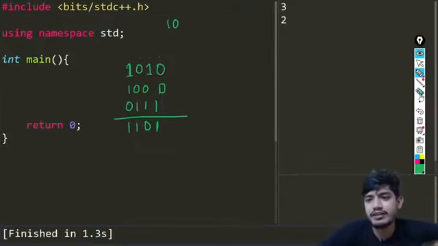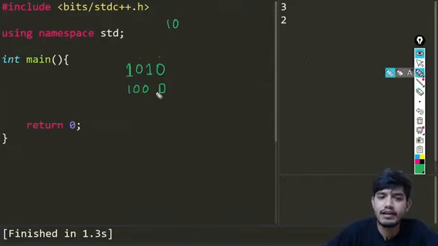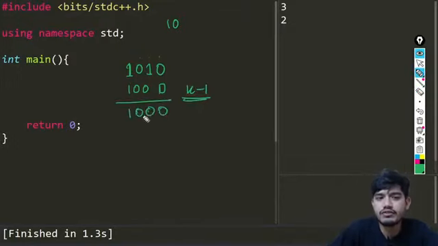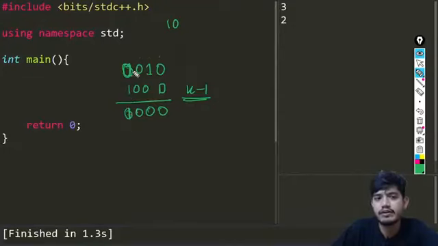So the easy approach is nothing but the same thing, don't get confused too much. Just take the value, left shift up to k minus 1, and just take the AND operation. You'll be getting all the values to be 0, and if you are getting non-zero values, which means that the bit is set. If you take another example like this one, yes, Vijay is telling AND operator we can use. You can see this is the value, and when we try to take this, you'll be getting 0 here. If we are getting the value as 0, which means the bit is not set. If we are getting the value as non-zero, the bit is set.